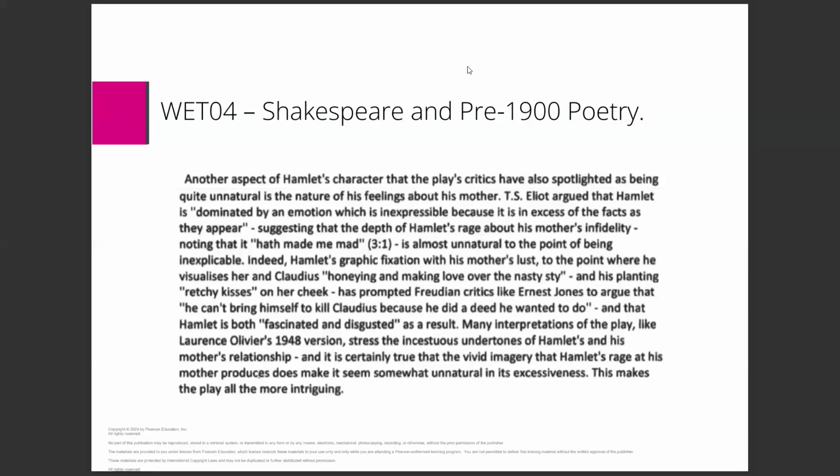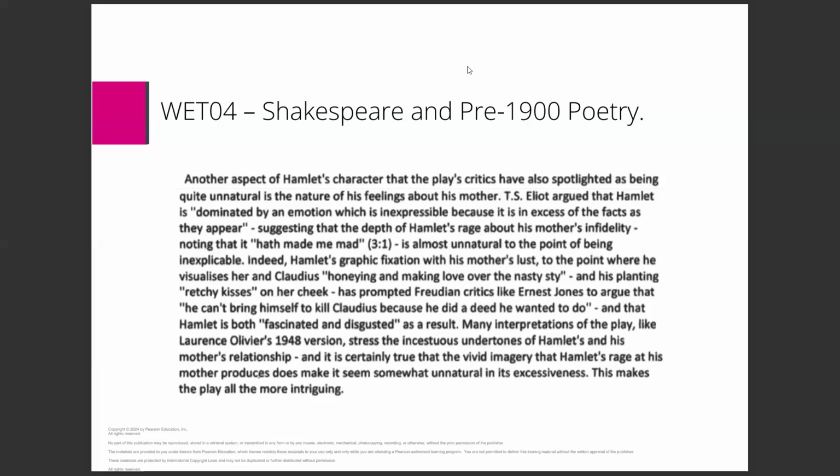"Indeed, Hamlet's graphic fascination on his mother's lust, to the point where he visualizes her and Claudius honeying and making love on the nasty sty, and the planting of wretchy kisses on her cheek, has prompted Freudian critics like Ernest Jones to argue he can't bring himself to kill Claudius because he did a deed he wanted to do, and that Hamlet is both fascinated and disgusted as a result." Now here we have a second interpretation and another approach. And once again, you can see the candidate is quite confident in integrating references and bringing textual references together with the